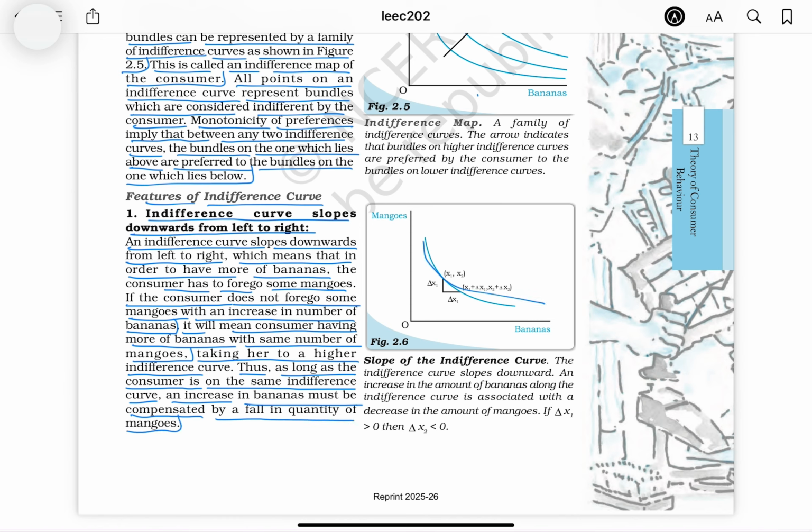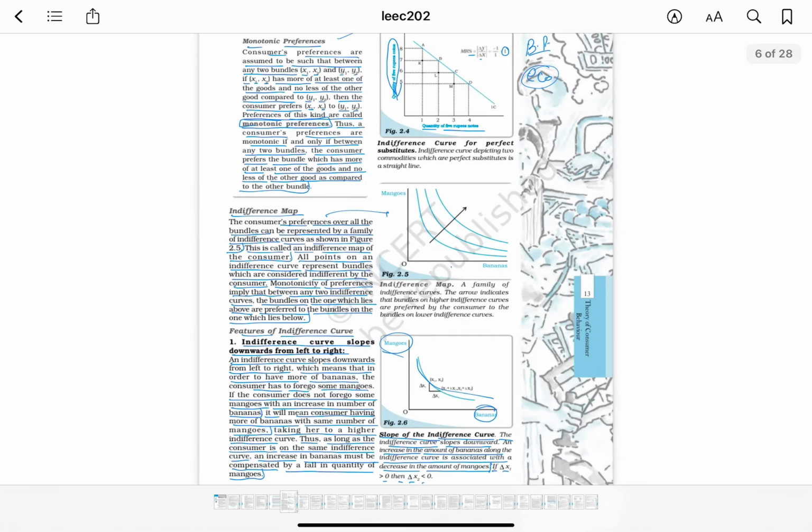अभी यहाँ पे स्लोप आ गया, मैंगोज और बनाना। Slope of the indifference curve: the indifference curve slopes downward, and an increase in the amount of bananas along the indifference curve is associated with a decrease in the amount of mangoes. If delta x1 बड़ा है 0 से, देन डेल्टा x2 छोटा होगा 0 से।